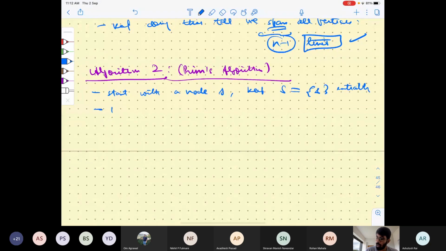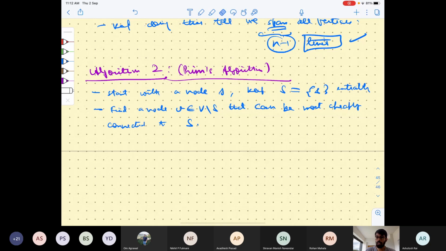Now find a node v which is not in S, that can be most cheaply connected to S, that is, that minimizes